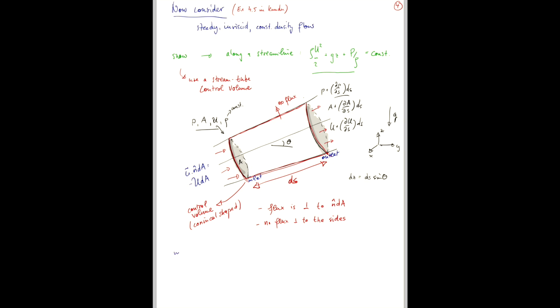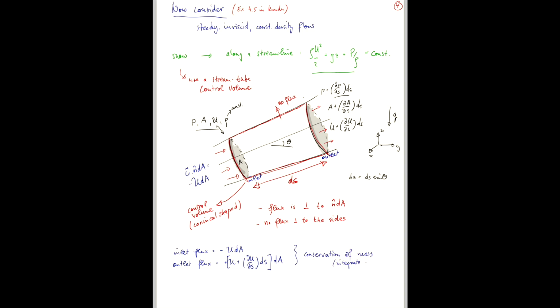Inlet flux is minus u dA, outlet flux is plus (u plus du/ds ds) dA. So if we integrate over the two surfaces, then we'll find from the conservation of mass,